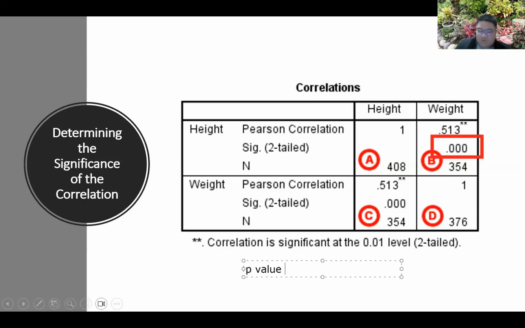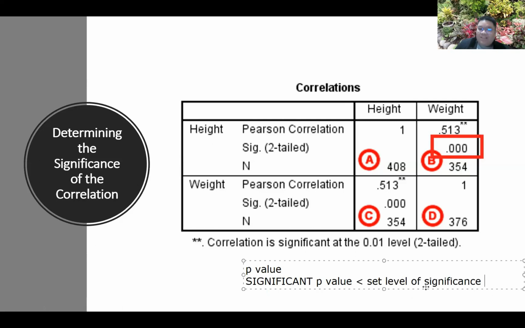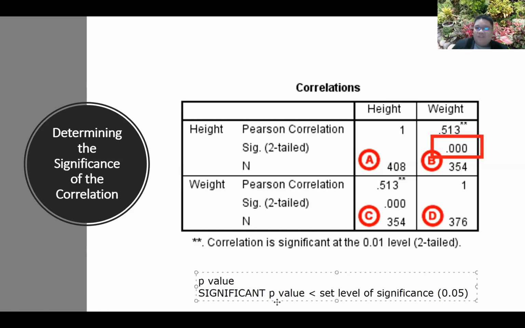Okay? And another way for us to know if it is significant is that if the p-value is less than the set level of significance. Again, another way for us to know kapag significant siya or hindi is that if the p-value is less than the set level of significance, which is usually 0.05. Plus, kapag titignan po natin sa example na napapakita ko sa screen, makikita po natin that the set level of significance is 0.01. And then the p-value plus is 0.000,